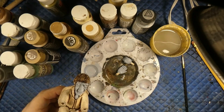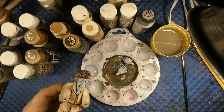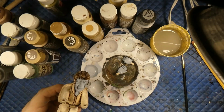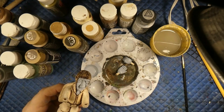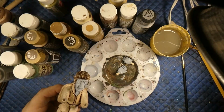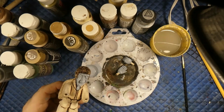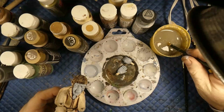Always keep a rag next to you, so when you clean your brushes, you can keep them clean as you go. You don't want to let your brushes sit with paint on them. And for cleaning my brushes, I'm using water with a little Fantastic in it. Trick